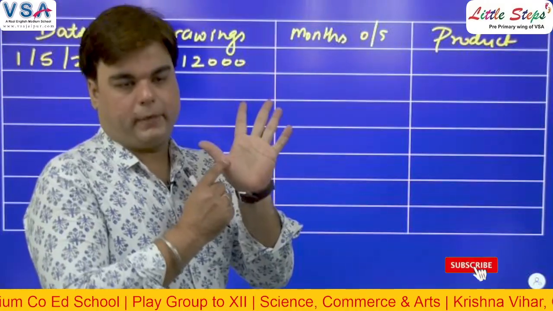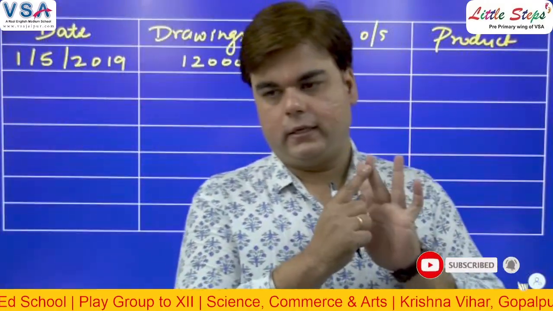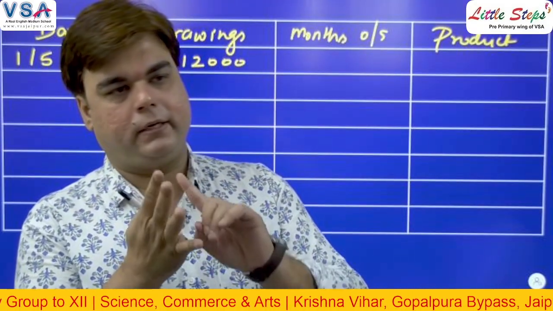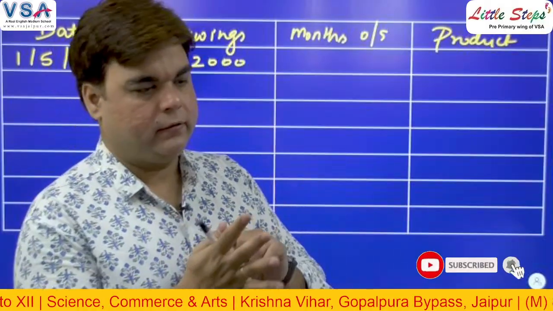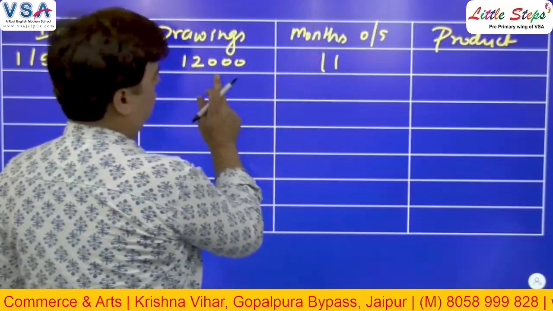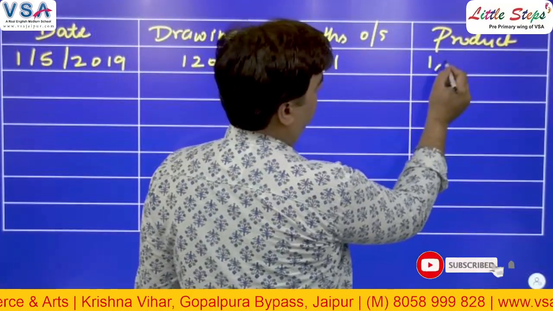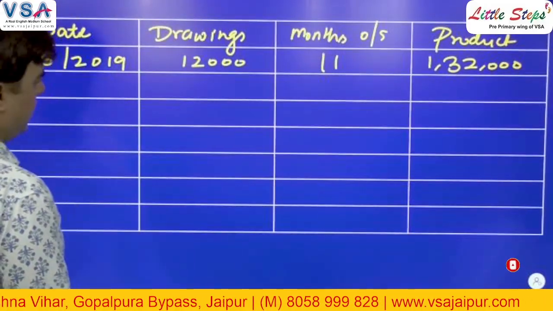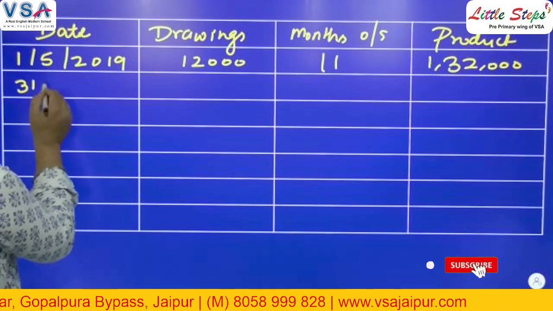So May, June, July, August, September, October, November, December, January, February and March. 11 months outstanding. So 12,000 into 11, that will be 1,32,000. The next part, 31st July,